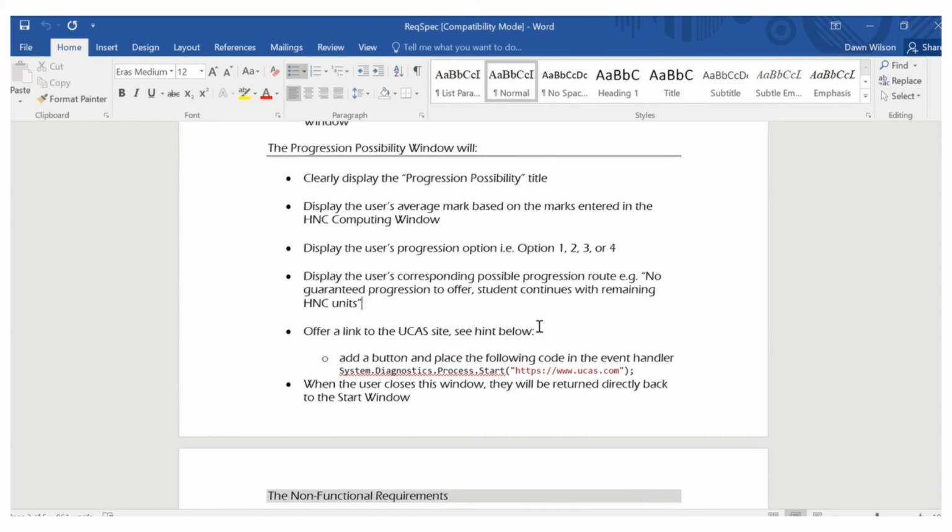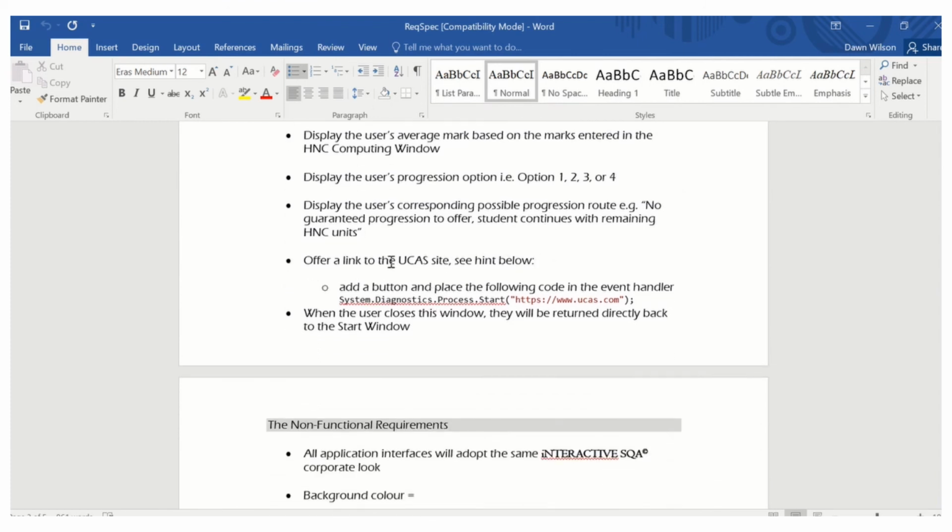In addition to the progression route, I also want you to add a link to the UCAS site. The easiest way to do this is to add a button, and in the event handler code for the button, so when they click on the UCAS button, then it will automatically take them. This is the line of code you need to do that. So in your event handler for your UCAS button, put this line of code, and that basically tells the application to go and launch an external website